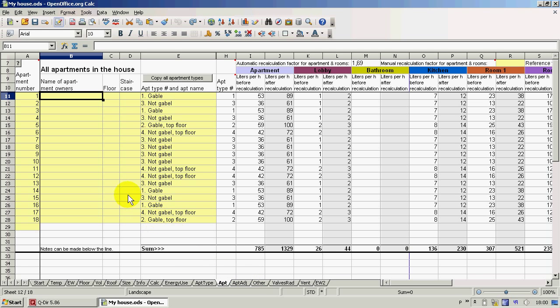As you can see, I prepared and already filled in 18 out of the 19 apartments in this house. And I'm gonna fill in the last apartment so you see how it works. So the last apartment is in the basement. So I put in base APT there